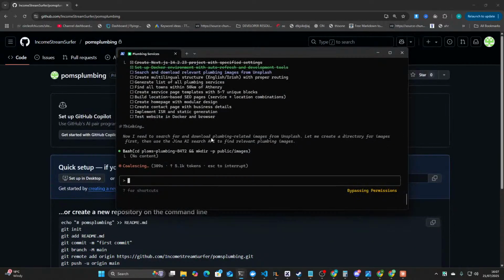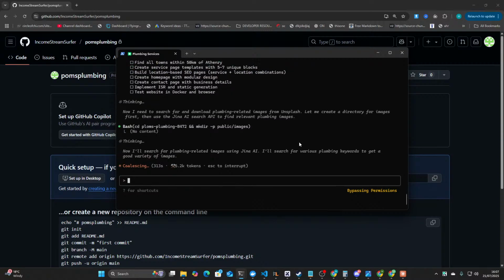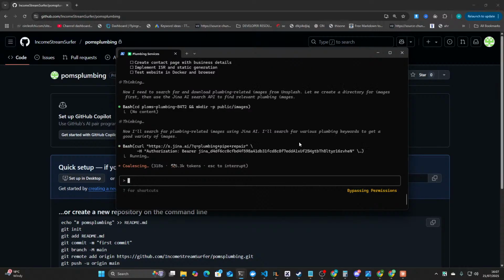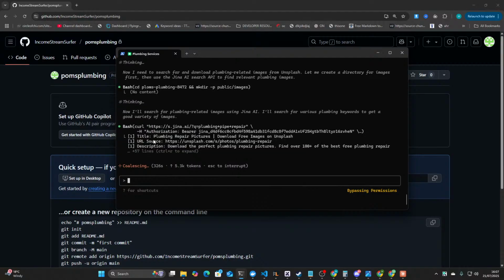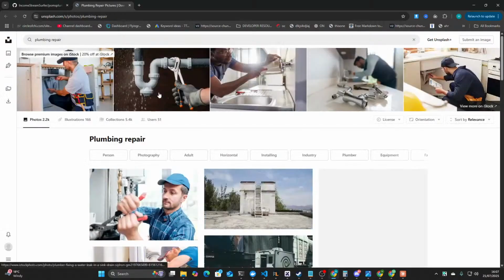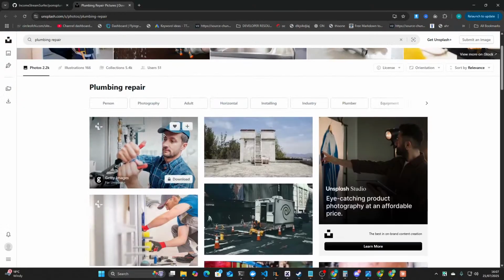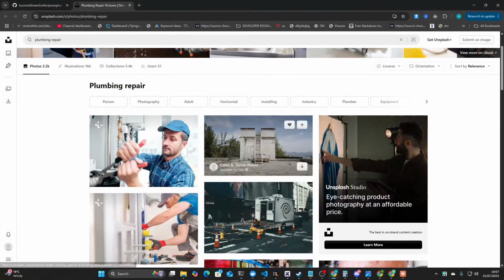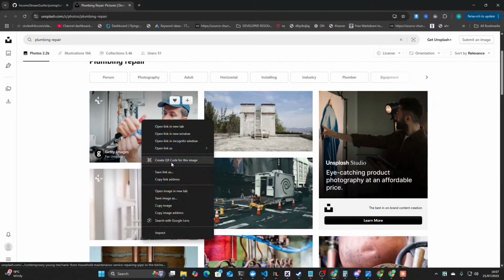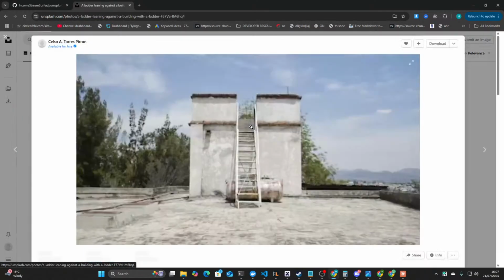Okay, so now I need to search for and download plumbing related images from Unsplash. Let's see if this works. Thinking, I'll create plumbing related using Jina AI. I'll search for various plumbing keywords to get a good variety of images. Look at that, s.jina plumbing pipe repair, right? But that should just be Unsplash, right? Yeah, there we go. So then I open this, we can have a little look on the side at what it's actually doing. It's grabbing some of these images, should avoid